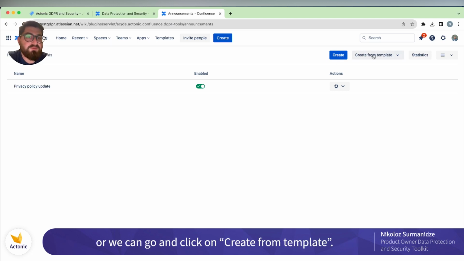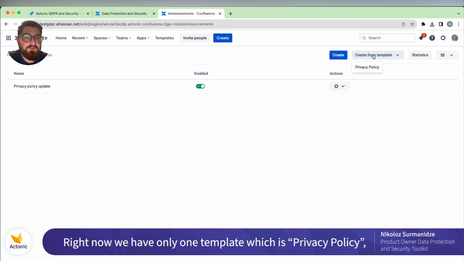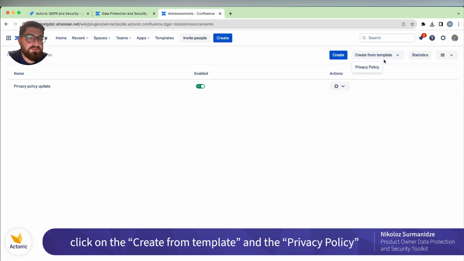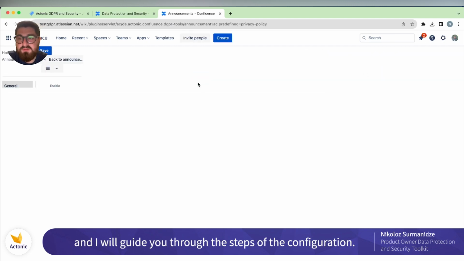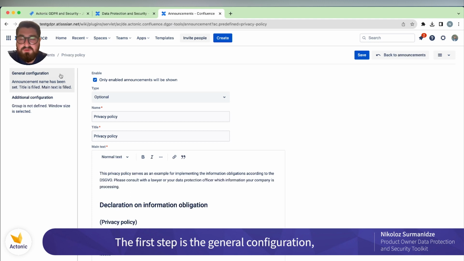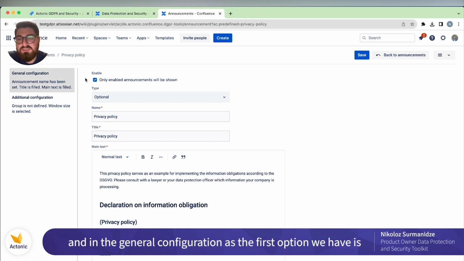or we can click on create from a template. Right now we have only one template, which is privacy policy, but in the future we'll be adding more and more. So let's click on create from template and the privacy policy, and I will guide you through the steps of the configuration. The first step is the general configuration, and as the first option,